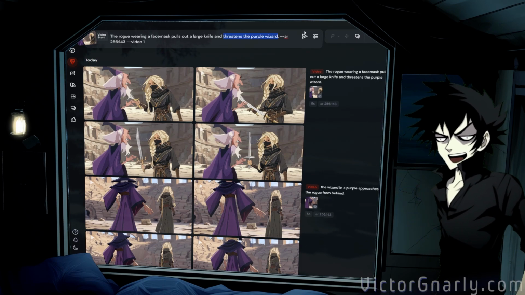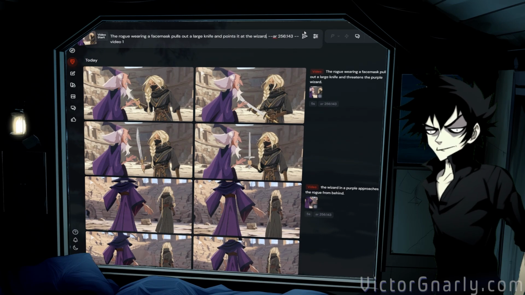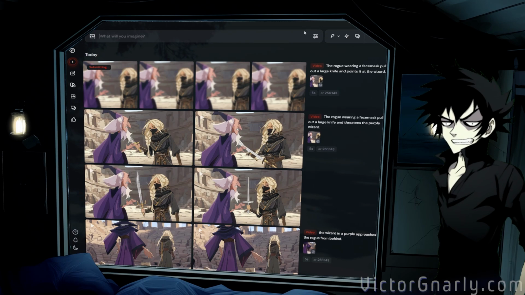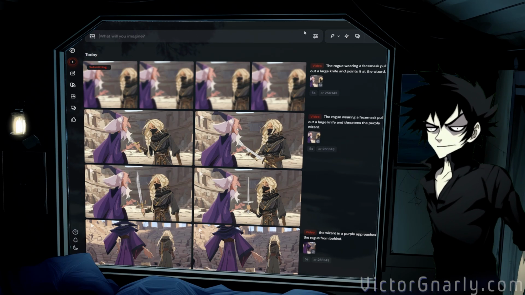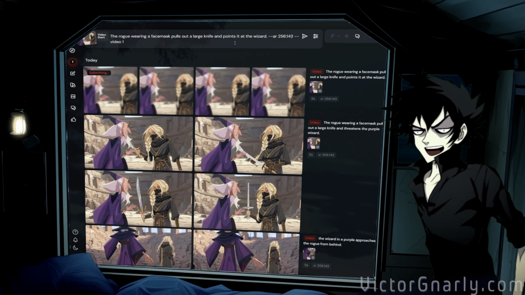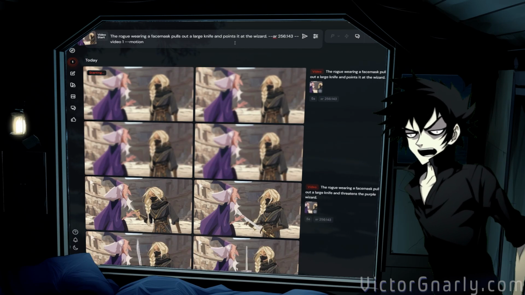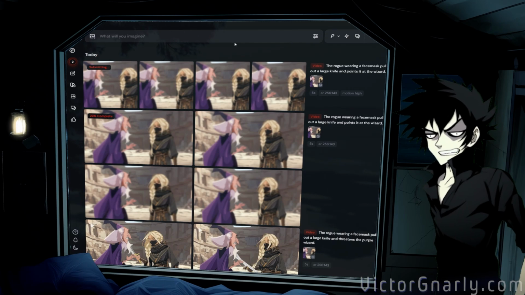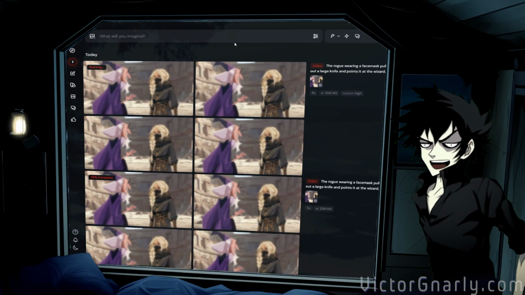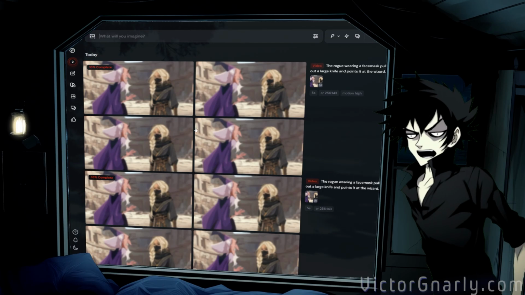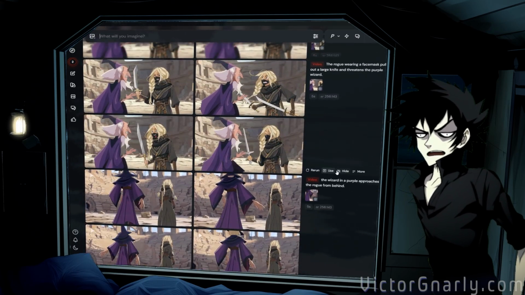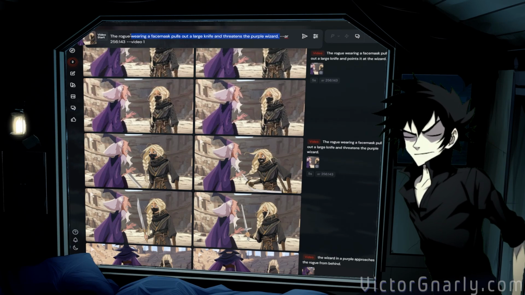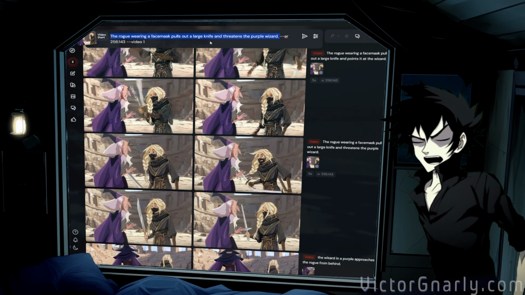And points it at the wizard. Negative prompts do not work with video, so you cannot say no speaking or anything like that. But I am curious if I put it into high motion without mentioning any sort of verbal threat or anything like that, if we could maybe get a bit more of a dynamic moment between the two of them. We haven't applied any camera direction at all with this either. So if we go back to our original prompt here and say that instead of threatening or pulling out a knife or anything like that, we say that